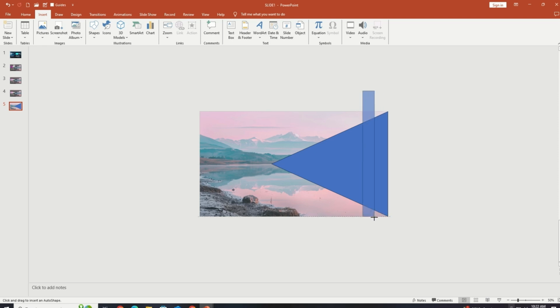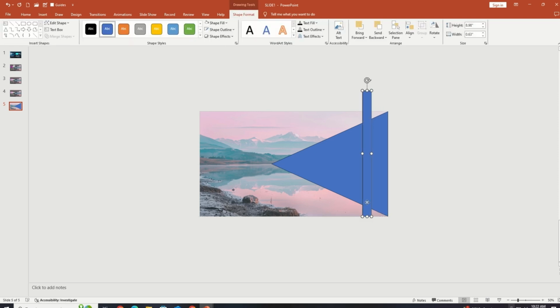There you go. Decrease its width and you're gonna place it right here in between this triangle that it comes onto this triangle. Duplicate that and put it within some distance, and there you go. You're gonna be sure to put equal distances between those rectangles. And there you go. Now the next thing I'm gonna do is select all of the shapes, go to merge